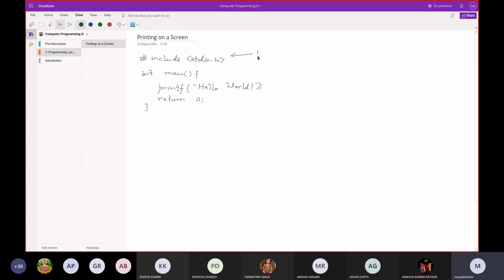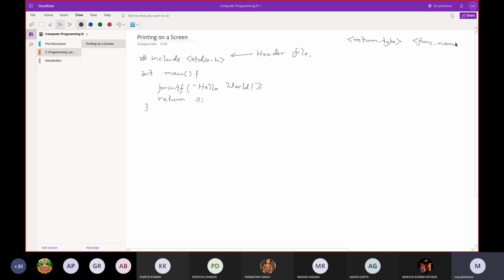This is the header file. But before telling what a header file is, let me tell you, this is the function int main. The general structure of a function is some return type. In fact, we will discuss this in much more detail when we discuss functions. To understand the return type, first you have to understand what the various data types are. Return type, then a function name,